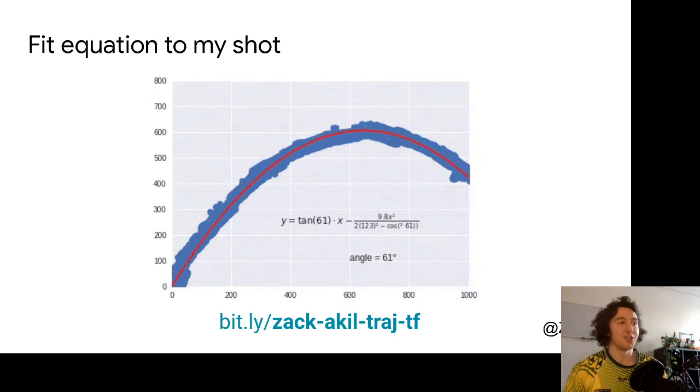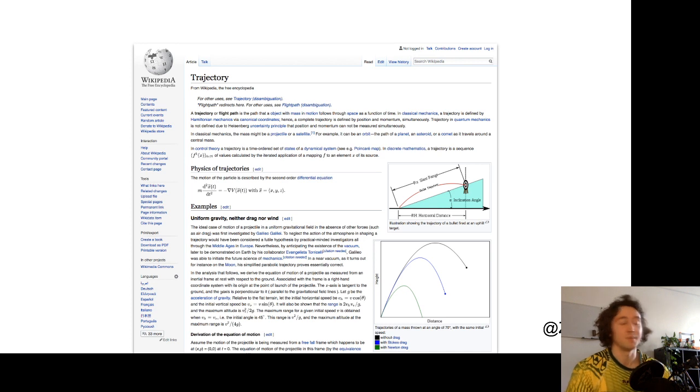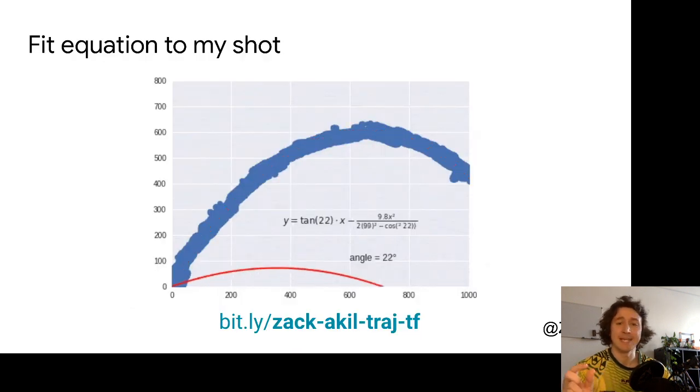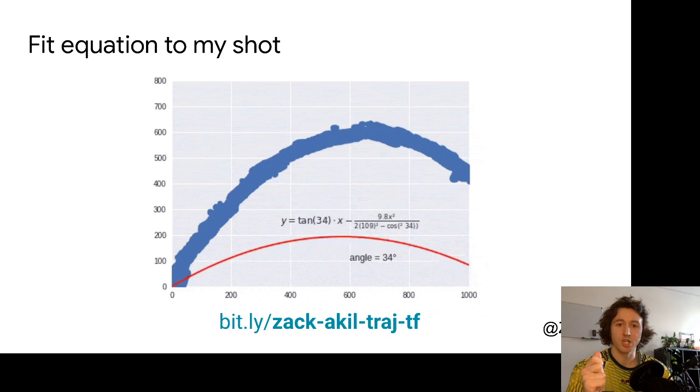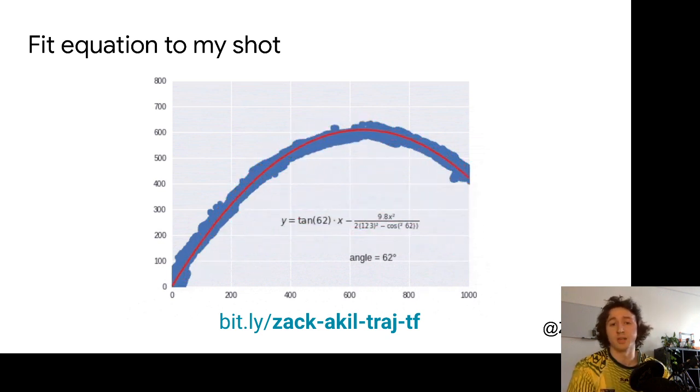So I created a model. In my case, I used TensorFlow, but you can use whatever machine learning framework you're comfortable with. But I created a trajectory curve from just the Wikipedia page. I pasted that over, and I set the learnable parameters of the model to be the angle of the shot and the power of the shot. So those are the two main variables inside a trajectory curve. So those are the two things that I'm going to task my machine learning with optimizing to fit the line